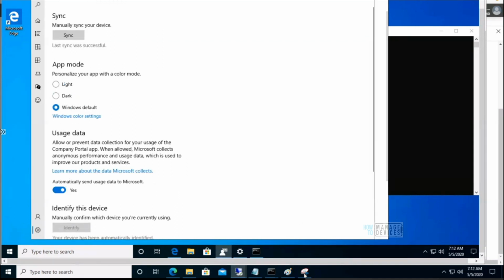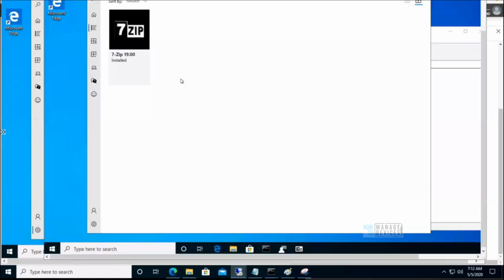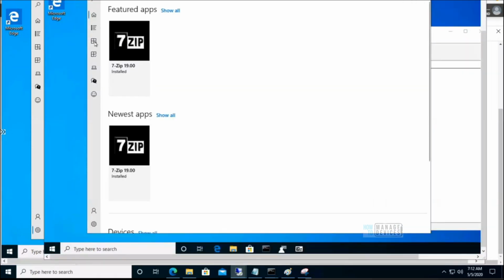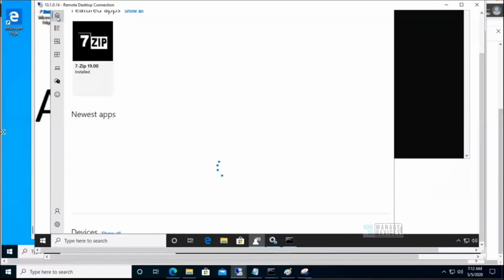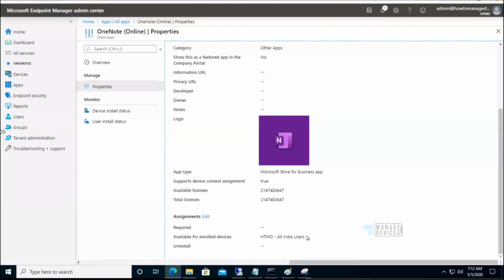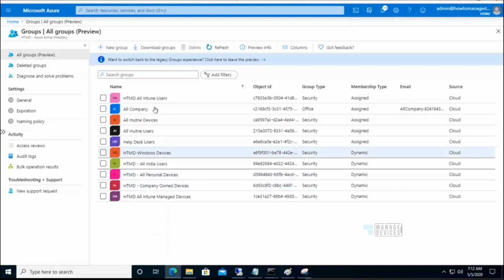Let me go back to the first device and see how it is behaving. Probably I might need to sync again. Let me go to the second machine, whether I'm able to see it or not. No, I'm still not able to see it. This is deployed, so what I normally do is confirm who the users are inside this group, HDMD All users. I will go to HDMD All Intune users.